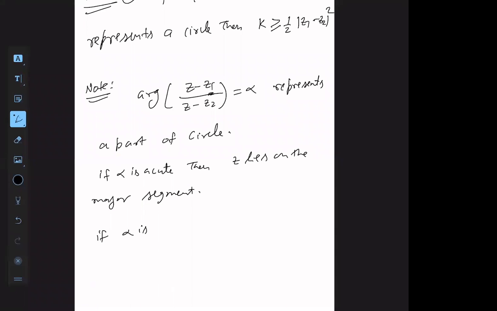If alpha is 90 degree, then z lies on half circle. If alpha is obtuse, then z lies on minor segment,